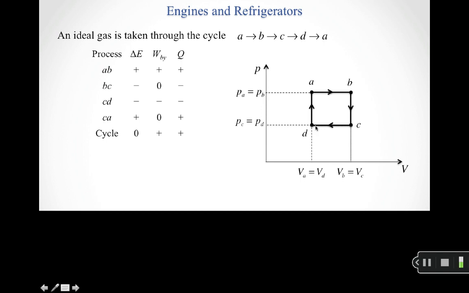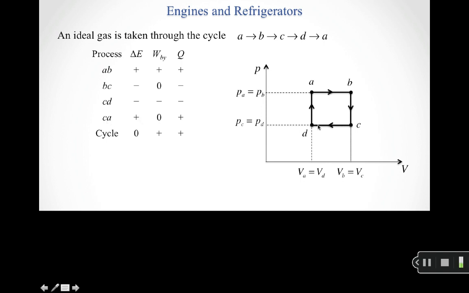CD in this particular example, well, this is an isobaric compression. So again, I'm going to go to a colder isotherm. So my energy change will be negative. I have a negative energy under the curve as I have a compression. So my work done by term will be negative. And so two negative things added together is going to give me something negative in terms of the energy transferred out of my system as heat.